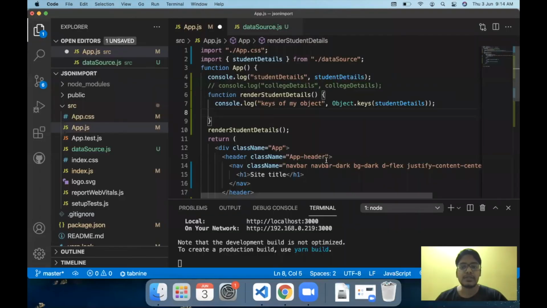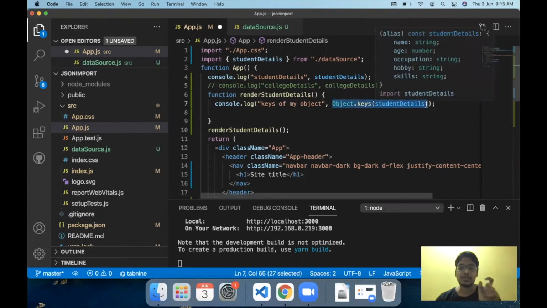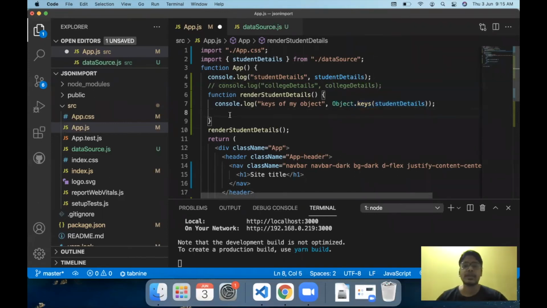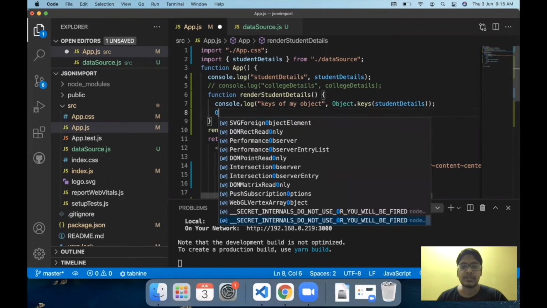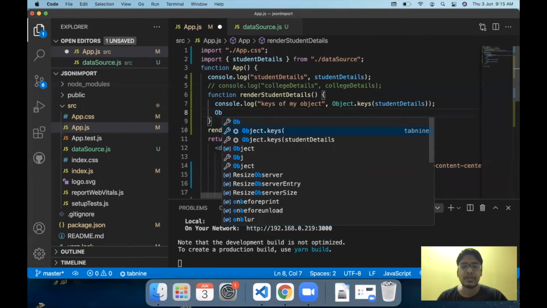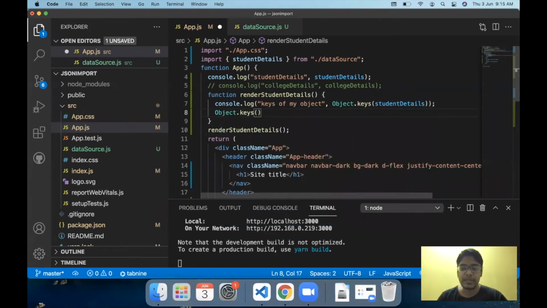So what we can do is apply a map function over this keys array and get access to each individual key to print out the keys in our React code. What I am going to do next is use this same notation, which is Object.keys. Now this is going to get slightly complicated, so please pay close attention.